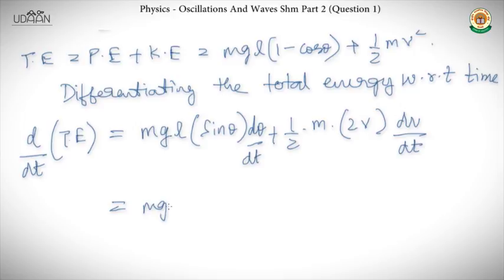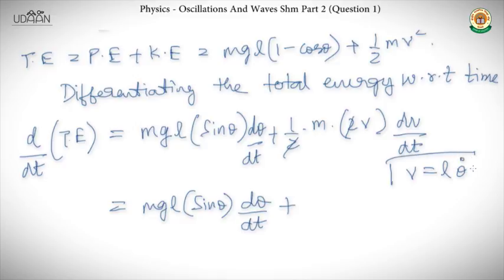So mgL into sin theta into d theta by dt plus the 2 cancels out. V is L into d theta by dt. I will be writing it as theta dot. So V is L theta dot since it is in rotational motion. So I will write d theta by dt as theta dot and dv by dt as theta double dot. So it will be m theta dot theta double dot,